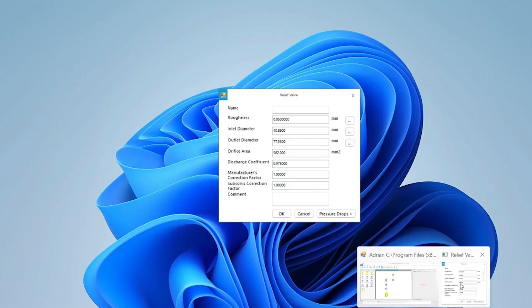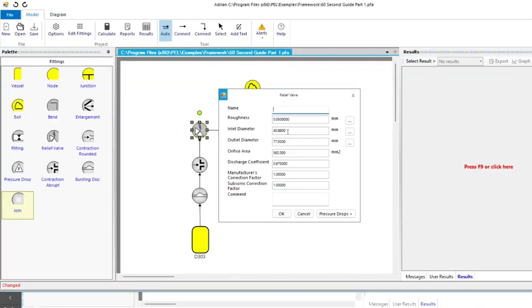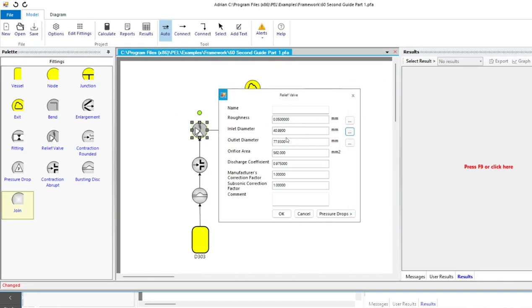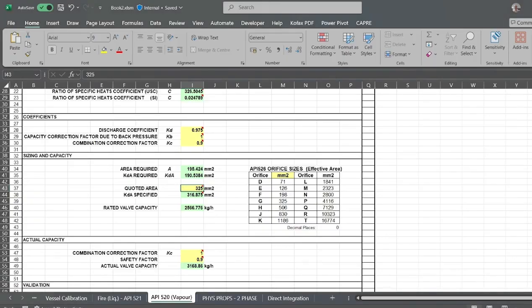So, and that would be a 1.5 by 3 inch inlet. So, again, look at the pipe diameter. That's actually a 1.5 inch inlet. Just to bring up a little calculator, just to prove that. So, the sizing is correct, but that